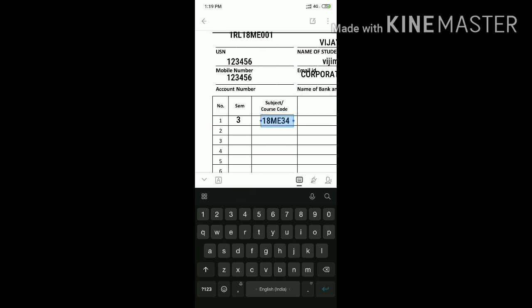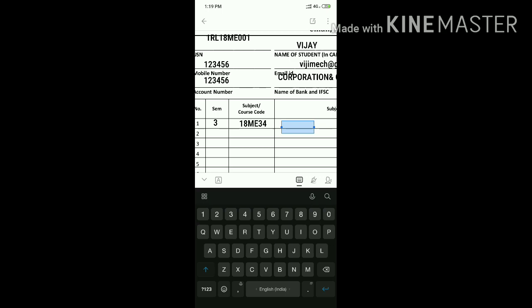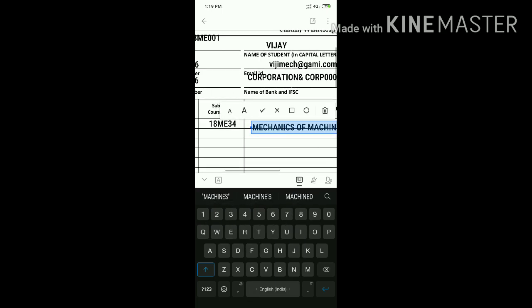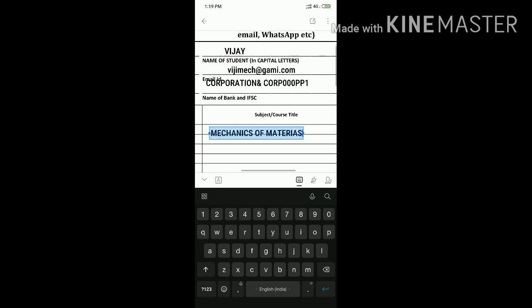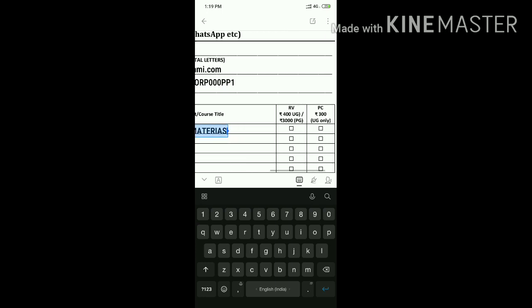Keep it proper. Now I will mention the subject name as mechanics of materials.